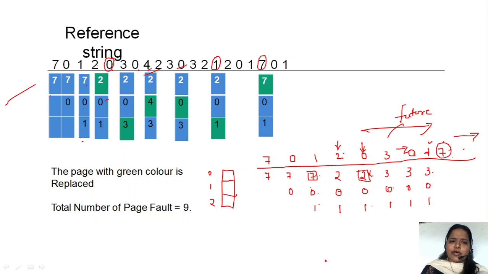So the first priority is 0, the second priority is 1, the third priority is 7. Which is the last priority? 7 is the last priority. So that's the reason we are removing 7 and keeping the second page.